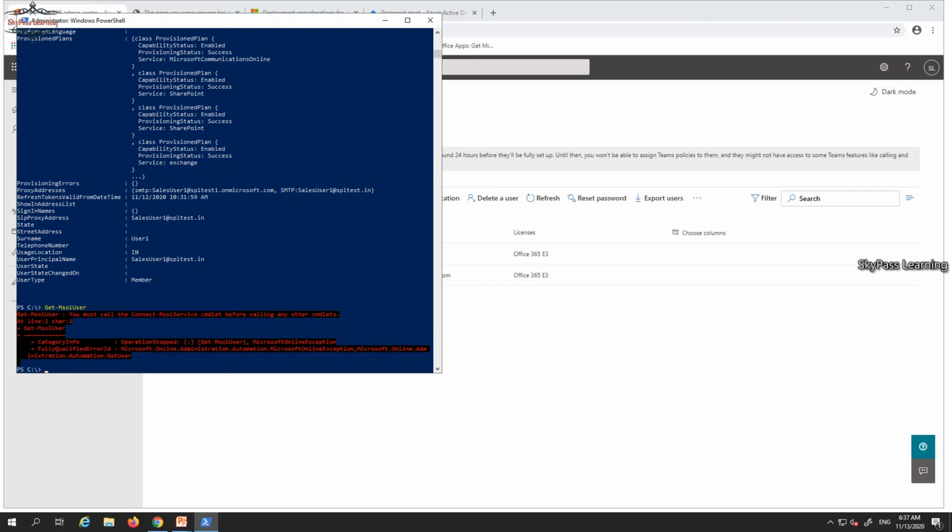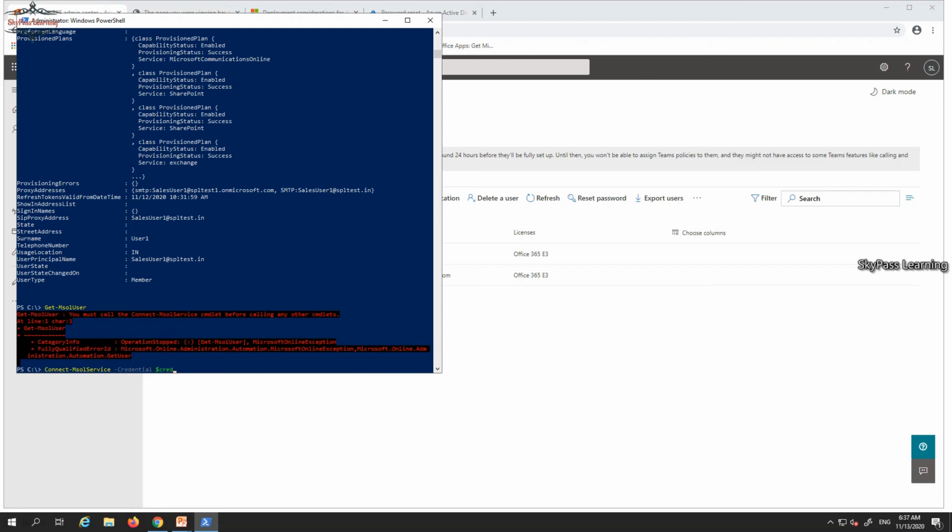So for that, what you have to do, you have to use the same credential which I have taken in the $cred variable. So I'm just going to connect it, Connect-MsolService, and with the credential information as my $cred credential.